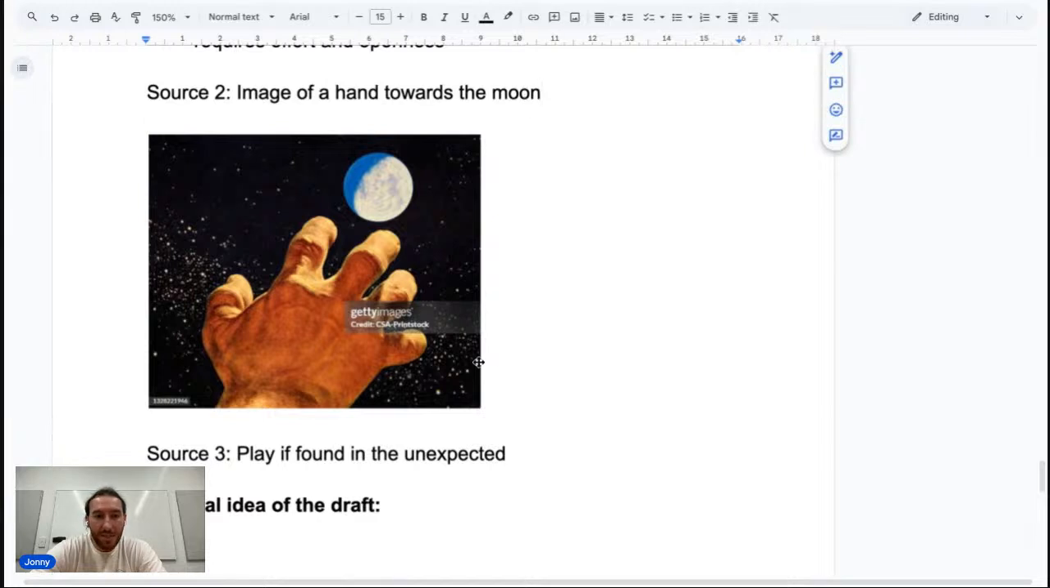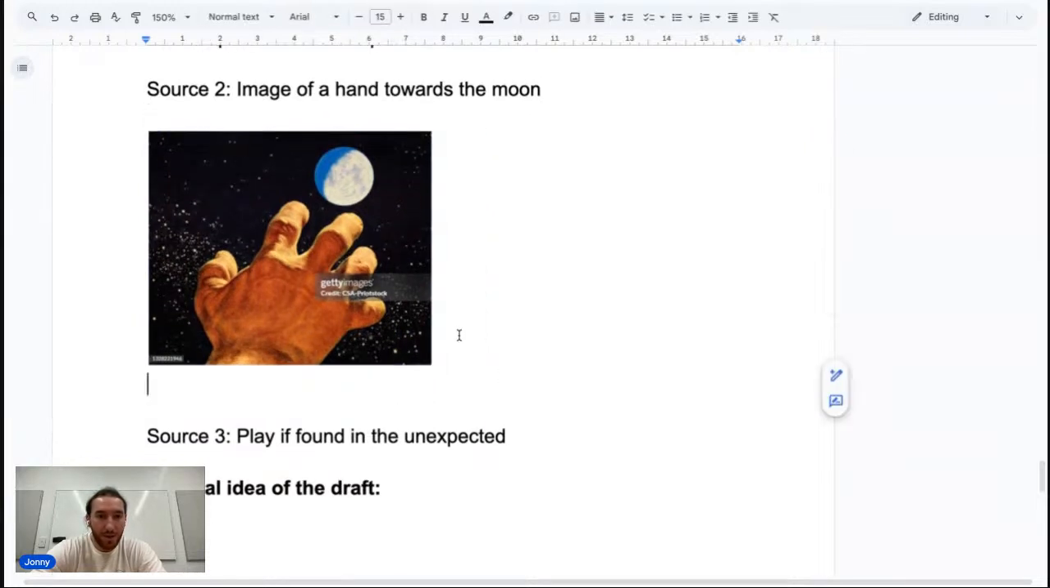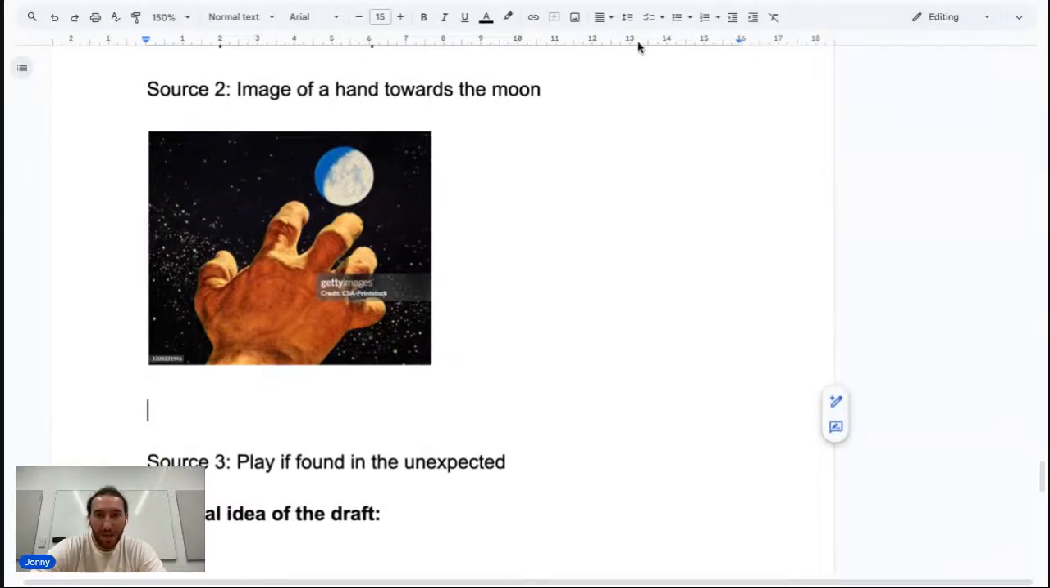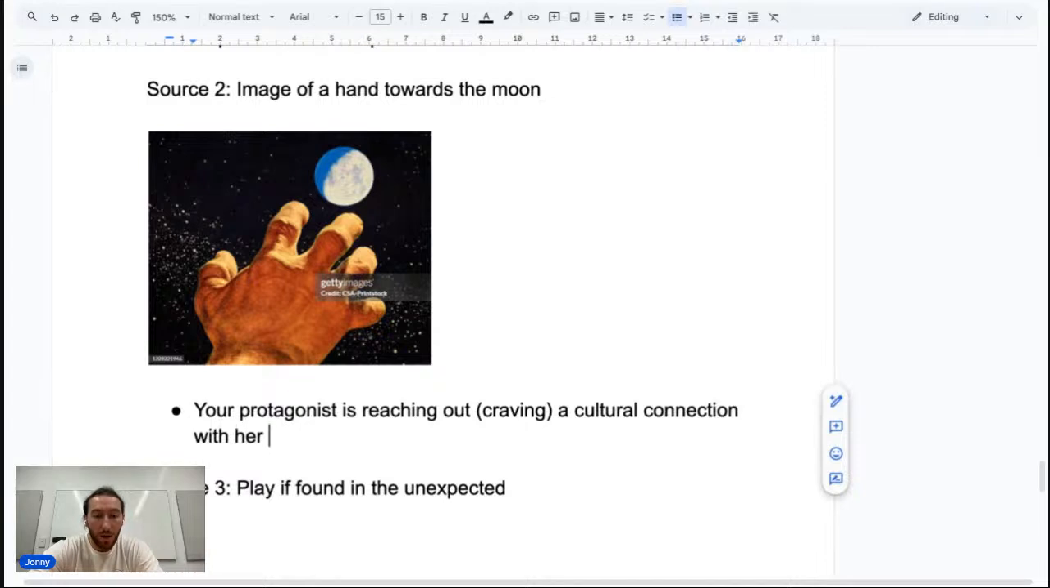Now, this is where you need to have a symbolic take of this, right? And you don't necessarily want to actually write about someone reaching out to the moon, although maybe your character physically does do that at some point. But your protagonist is reaching out. The moon represents something external. Your protagonist is reaching out, craving a cultural connection with her Indian heritage,